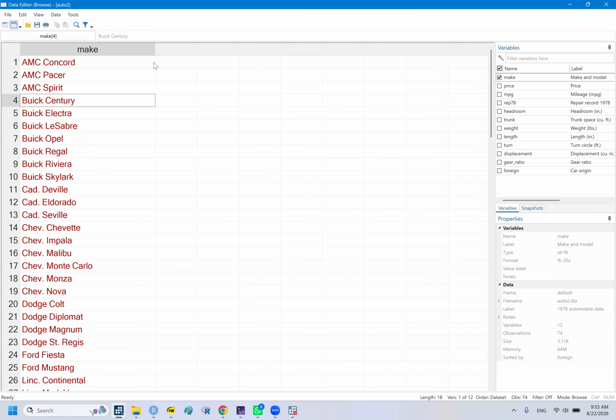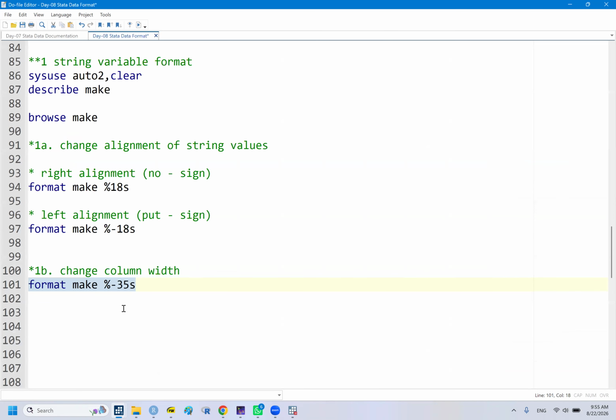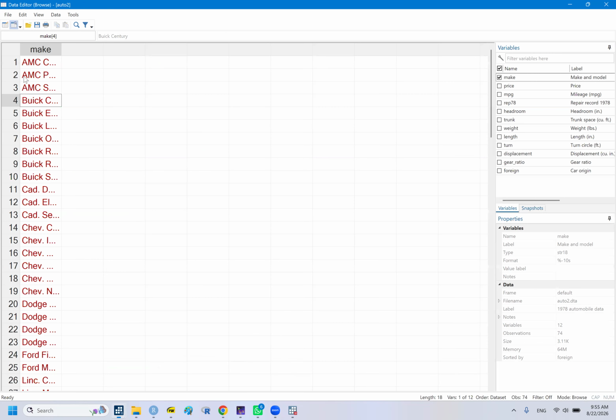Yes, now it's okay. I forgot to put the S here. So if you put a large number, your width will be extended there to your right. But if you put a small number, let me put 10 here, the content will be truncated. You see, the width now is made to accommodate only 10